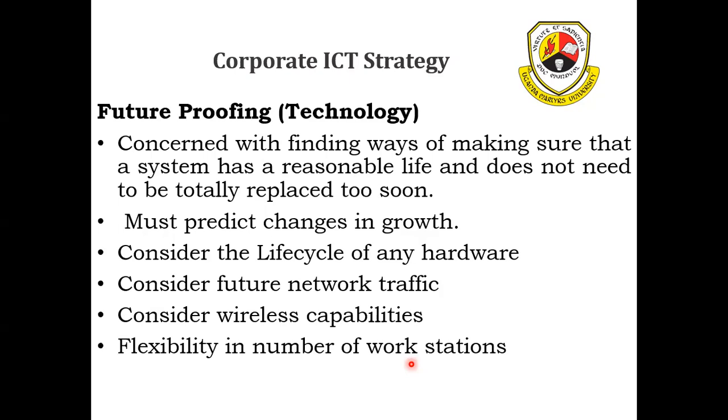Future-proofing. This still goes hand in hand with the previous point when we consider the life cycle and the type of technology we want to purchase. You want a technology that is not going to be obsolete within 3 years, yet you have a 5-year working plan. It is about looking at a technology that is going to carry you for a specific period of time without going back to finance to ask for more money.